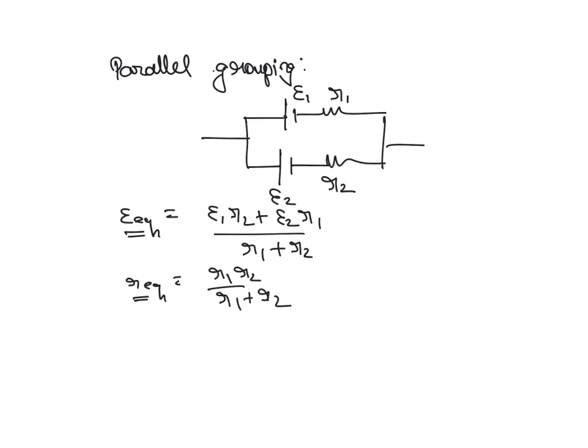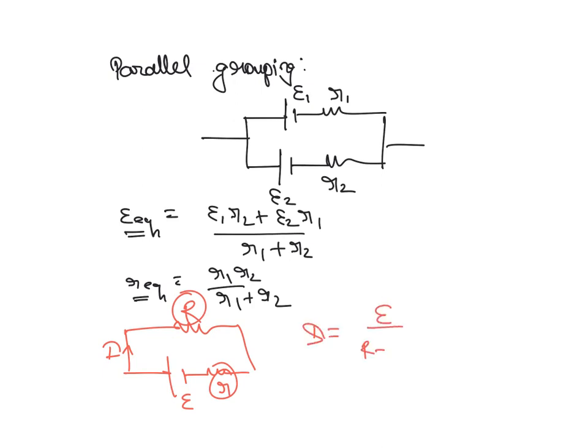Let me take an example here. Suppose we have a circuit like this, with internal resistance and one more external resistance of resistance R and small r and EMF E. At that time, the same current I flows through the circuit, through this R as well as small r in series. The same current I flows through the entire circuit, right? So I is equal to E divided by R plus r will be the current flowing through that. Please try to remember this simple circuit diagram.